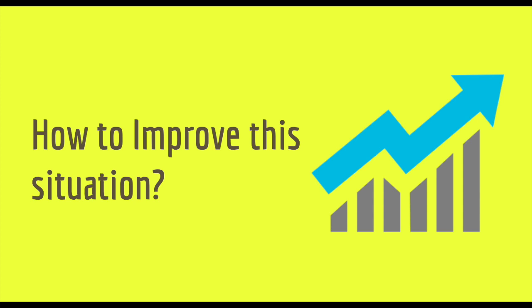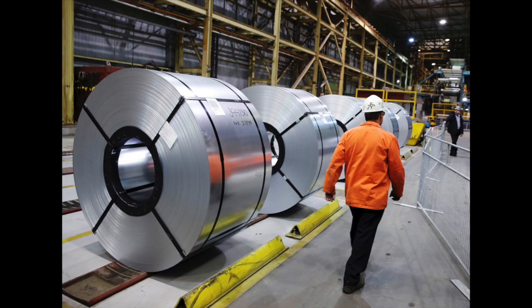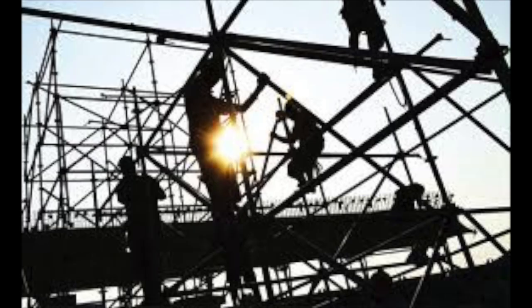How do I improve the situation? In order to improve the situation, Canada has to invest $12 billion in different sectors of Canada. Canada will be able to maximize its profits by investing in sectors that bring the greatest economic gain, such as the manufacturing industry and specifically the transportation, communication, and construction industries.